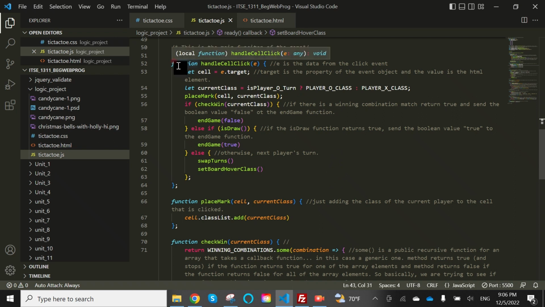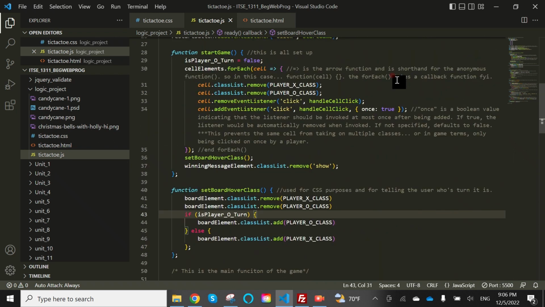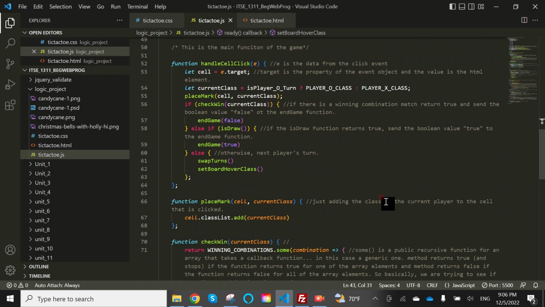All right, so next we're going to go over the handle cell click. This is the callback function from, of course, the start function, and it's a part of the event listeners that we added to each individual cell. We're going to pass it the parameter e, which is essentially all the information from the click event that we instantiated. So once a cell is clicked, we're first going to create a variable called eTarget,